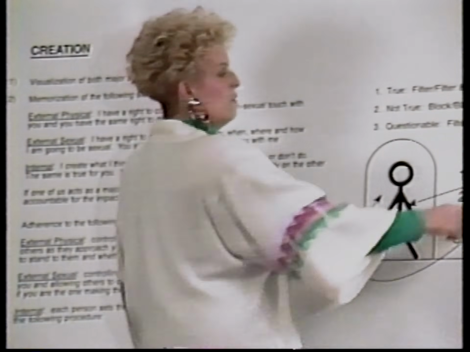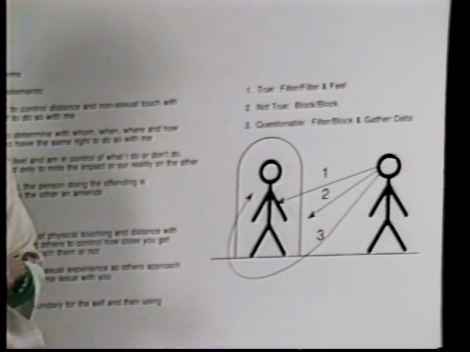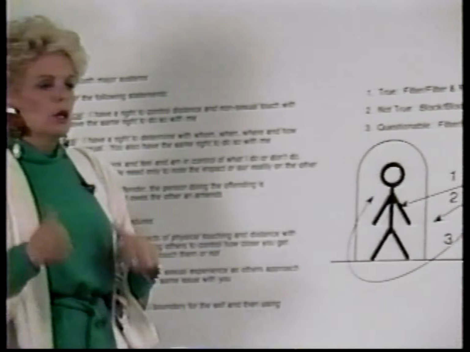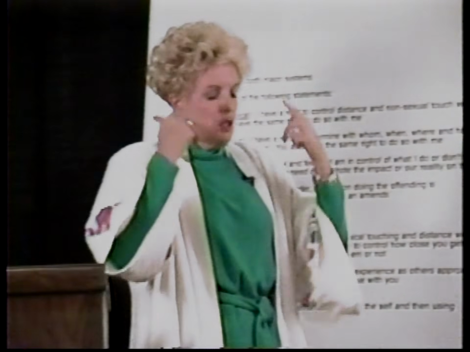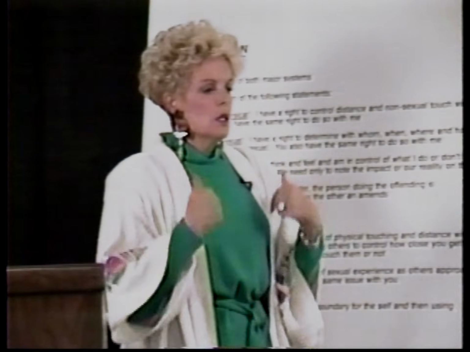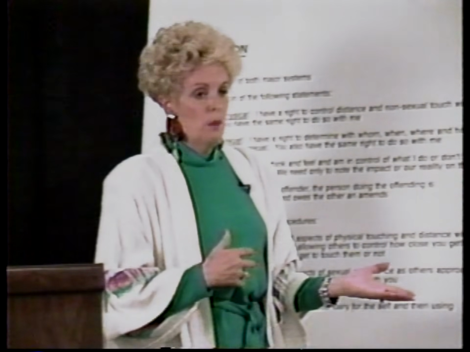Now, Corky's part of using an internal boundary is simply to say to herself, I have created this reality and I'm here sharing who I am with him. He is not responsible for this. However, she can also say to herself that if it is a boundary violation, she has the right to expect an amends. However, whether he gives it or not needs to become none of her business.